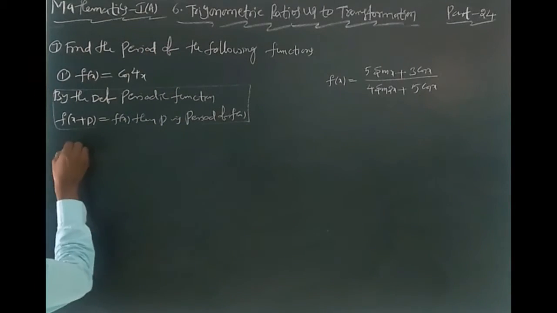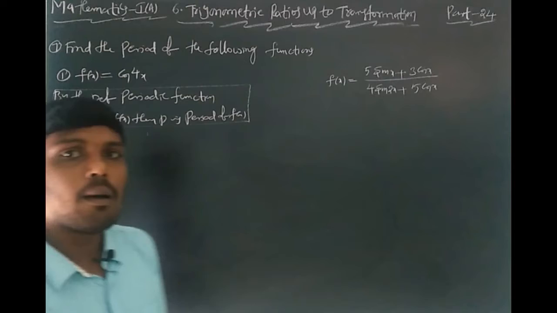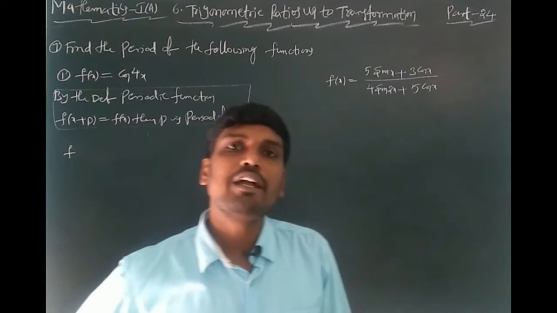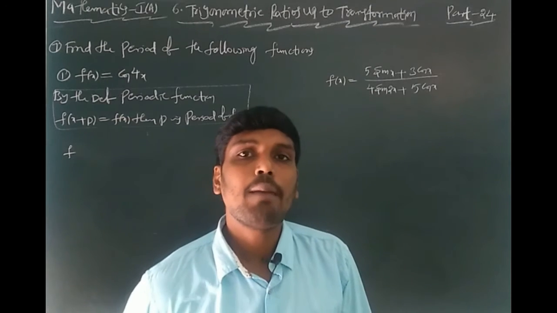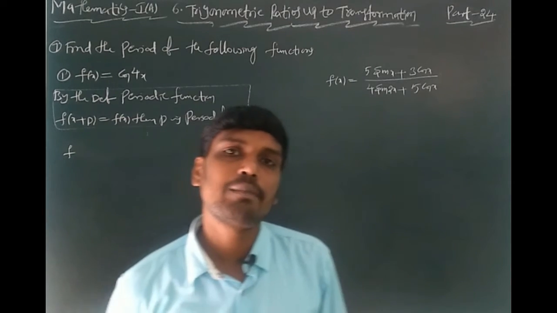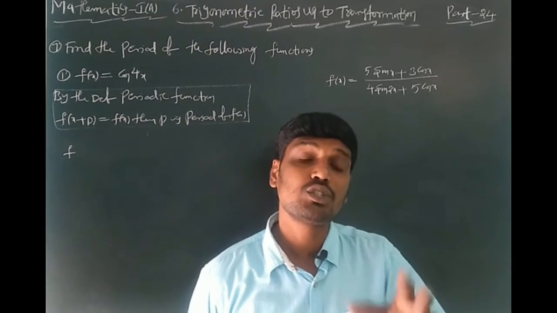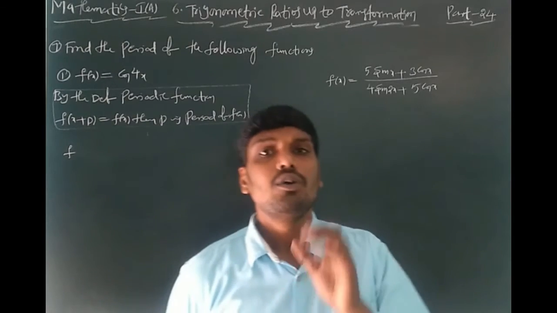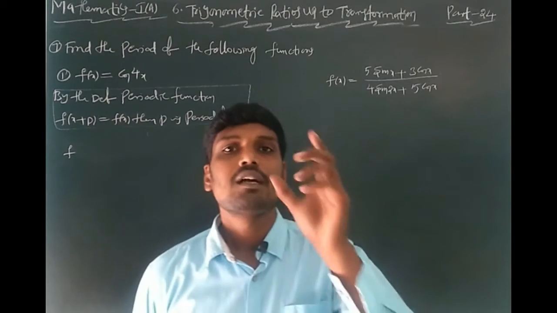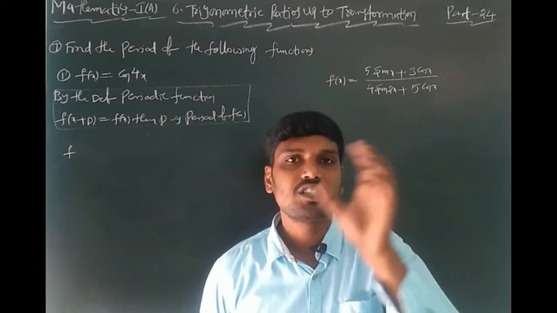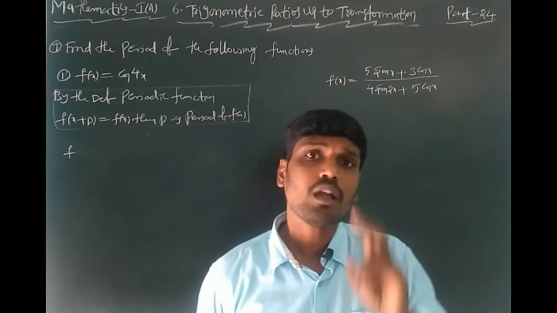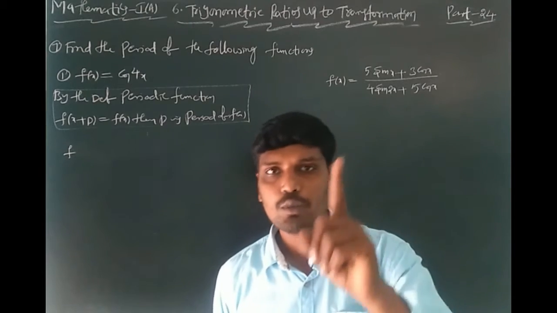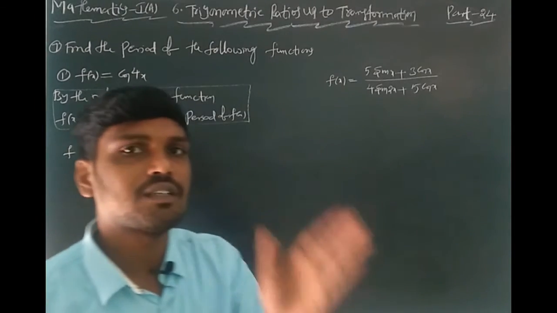First of all, you can write pi and 3 pi by 2, pi by 2 comma 3 pi by 2. Pi by 2 is nothing but 90 degrees, 3 pi by 2 is nothing but 270 degrees. These two are odd multiples. You have to take odd multiples, where the ratio changes. That's why you cannot take pi by 2. You have to take first pi, after that 2 pi, after that 3 pi.